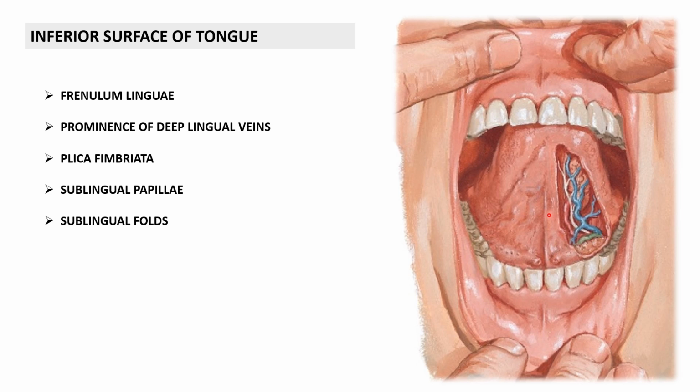So these are the features to be appreciated under the floor of the mouth, that is at the inferior surface of the tongue. Again, at the sublingual folds, you can appreciate tiny pinhole sized openings. Multiple openings are there. All these openings are the openings of the sublingual salivary glands. Remember, the submandibular salivary duct is opening at the sublingual papilla, and sublingual salivary ducts are freely opening to the floor of the mouth. A few sublingual salivary ducts are joining along with the submandibular salivary duct. Those details we will cover under the topic salivary glands.